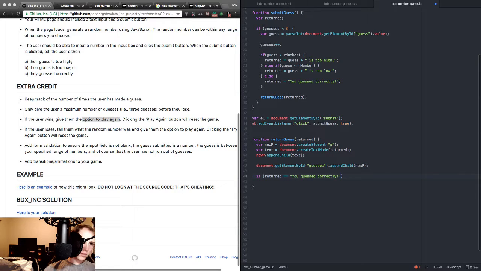If returned is equivalent to that, do the following. Blank, blank, blank, else return tragedy. So I gotta work on hiding stuff, but